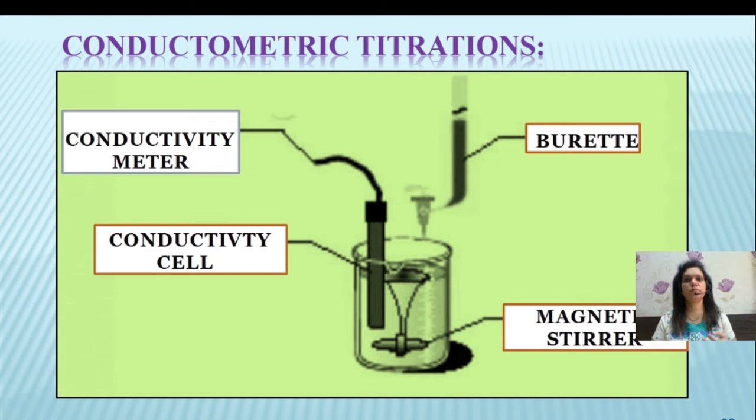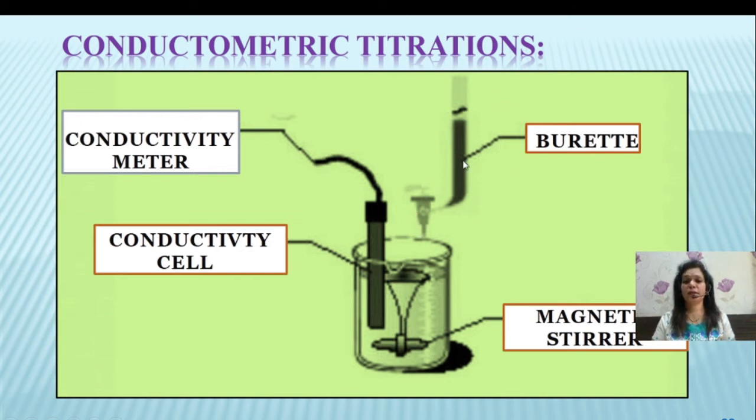We can perform conductometric titrations using a conductivity meter by dipping this cell in a beaker. Here we are not taking a conical flask; we are taking a beaker to carry out the titration, where the conductivity cell is placed. Fix the position of the conductivity cell. Never ever use the conductivity cell to stir the solution. For the burette, you have to add in such a way,